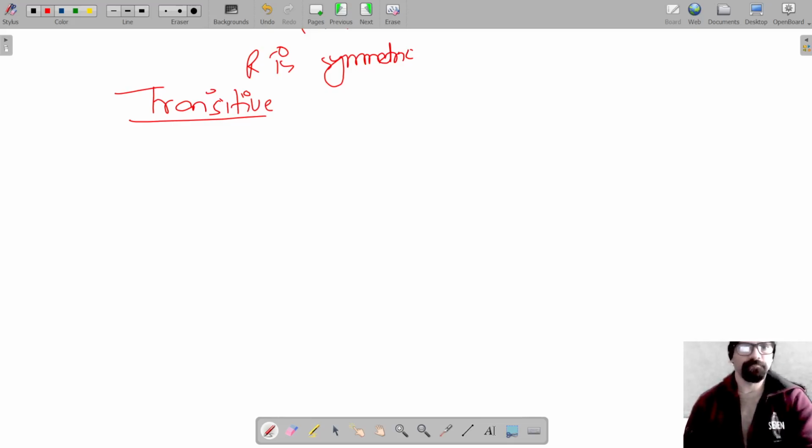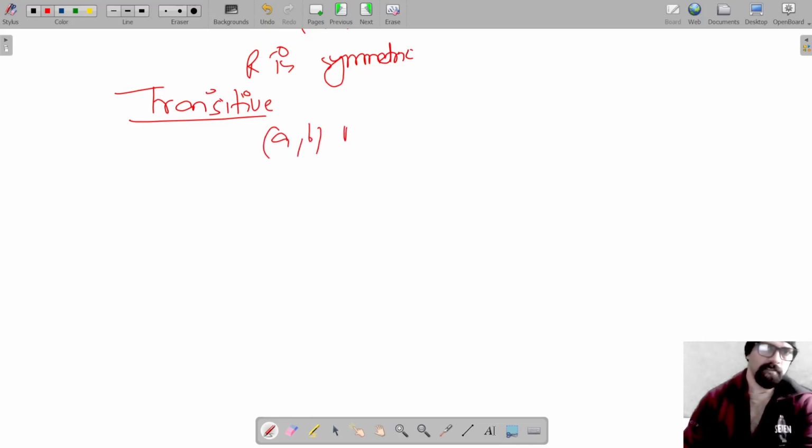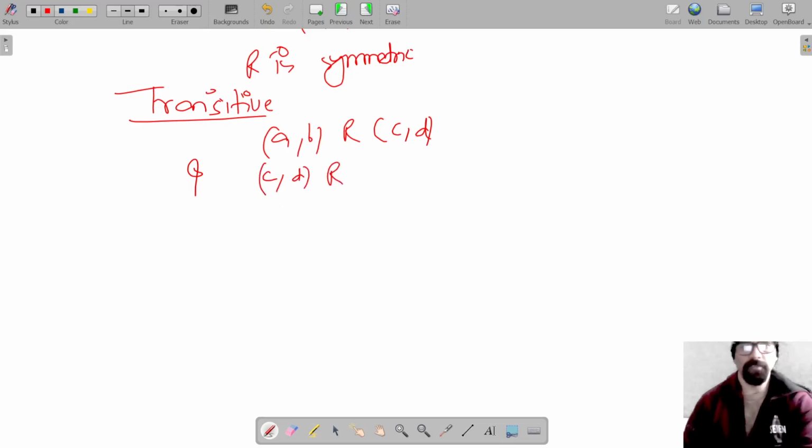Now let's say (A, B) is in relation with (C, D), and (C, D) is further in relation with, let's say, (E, F). So if we are able to prove that (A, B) and (E, F) are also in relation, then